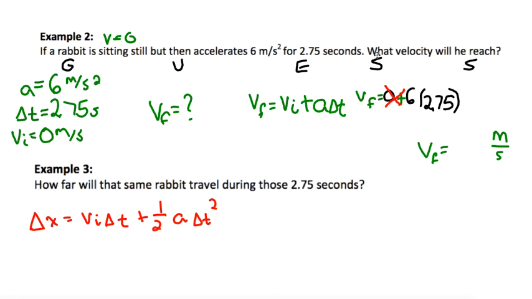So what we're going to do is substitute what we know into this equation. Alright, so once again, velocity initial is 0. It started from rest. So what we'll write below this is delta x equals velocity initial, which is 0, multiplied by time, which is 2.75. Okay, we're going to add 1/2